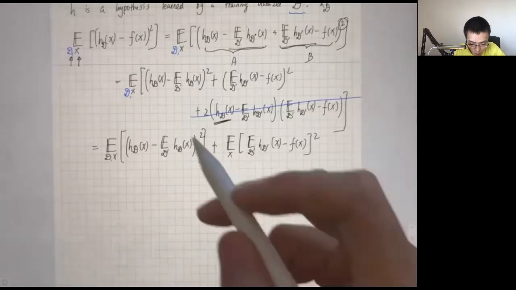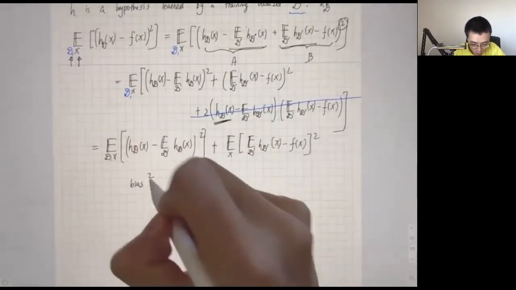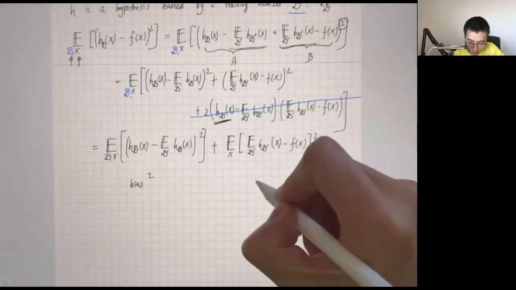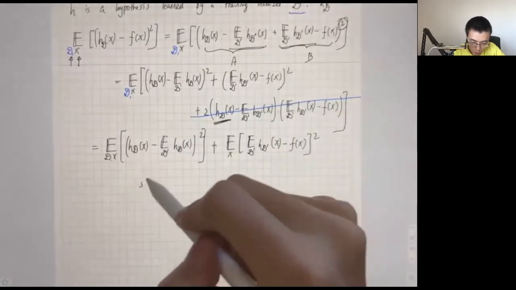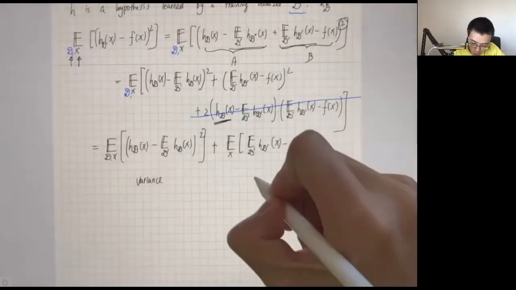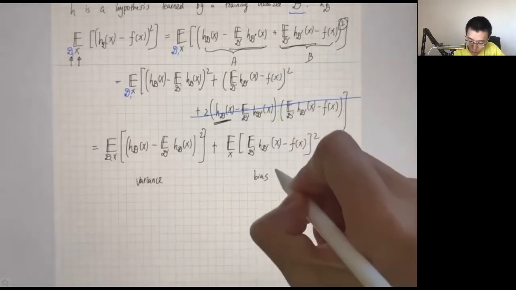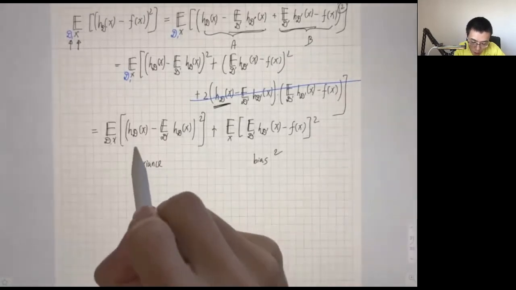This term is actually the variance term. And this term is actually the bias term, but it's the bias square. So you see why